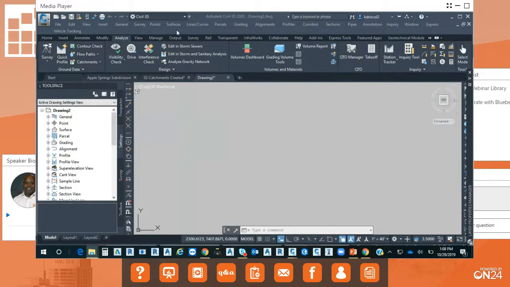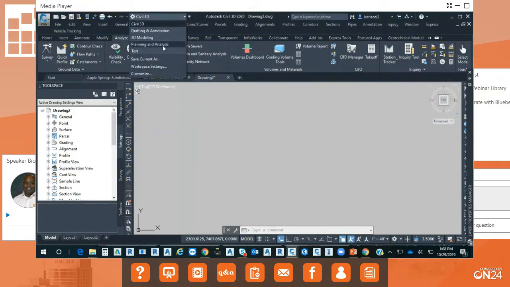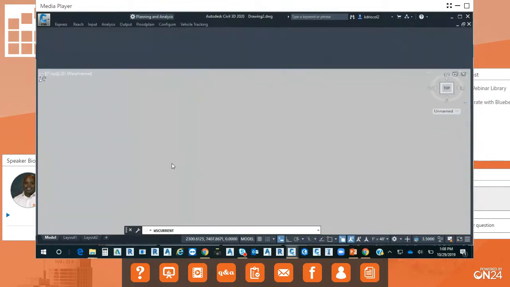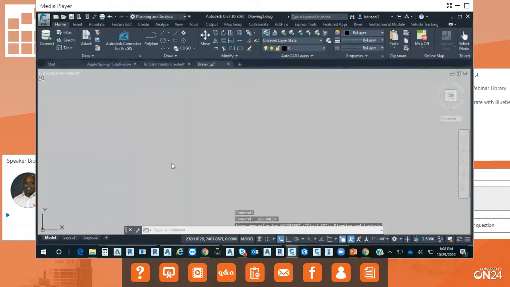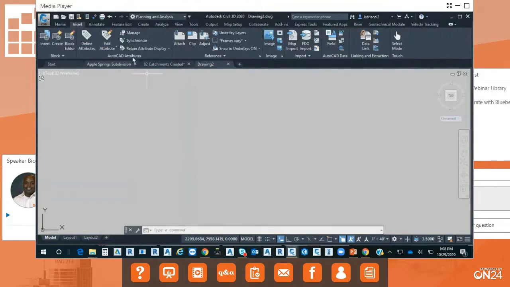So 20 years ago, if I went and I use my planning and analysis, which 20 years ago, it was Map 3D, which is still Map 3D. They just have a planning and analysis workspace in reference to working with Civil 3D. Civil 3D is built on top of Map 3D and Civil and AutoCAD. So from that, on my Insert tab, one of the things that